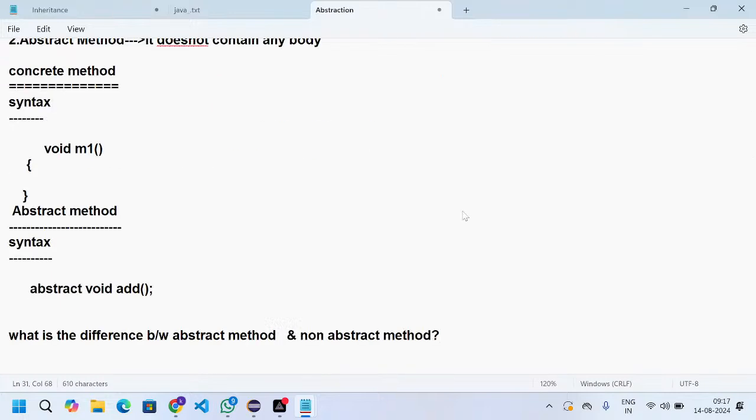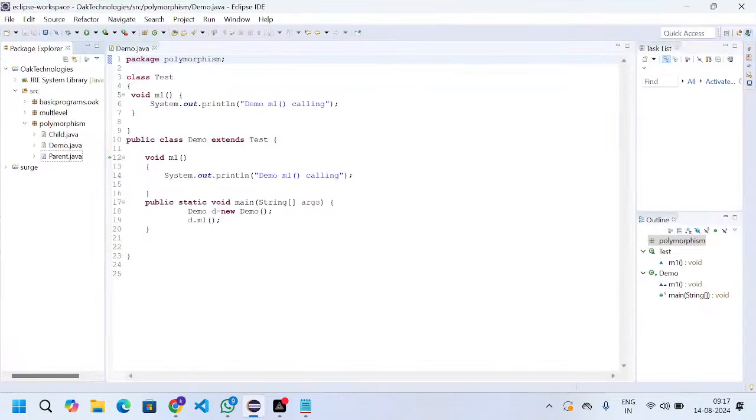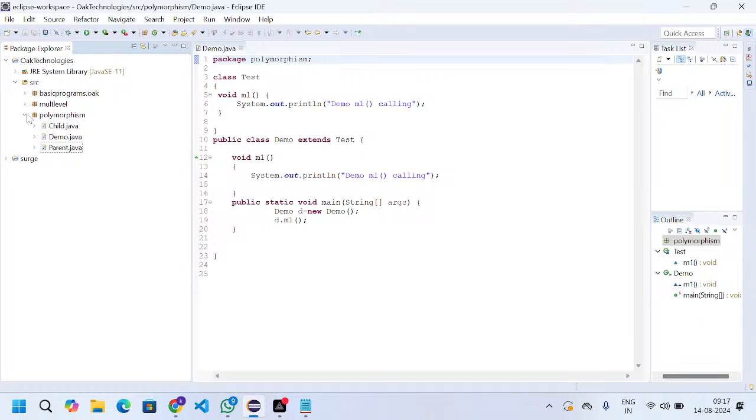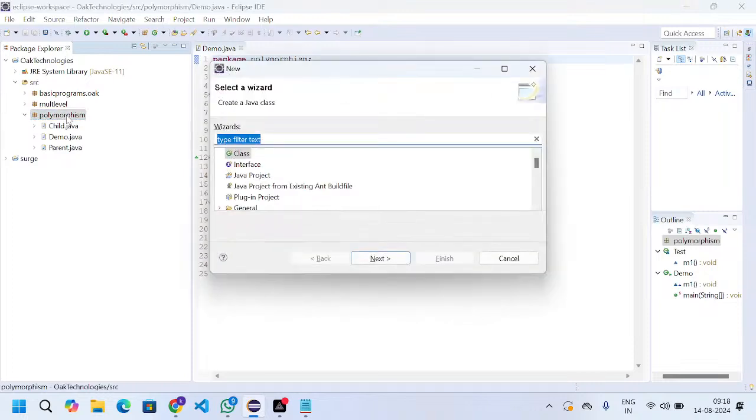I will write some program on this, then we'll get some clarity on it. So I will go to my IDE. Here I am taking two classes. One class I am taking as the parent, and another class I will take as the child. In the package, you can press Control N and you will get a pop-up box. Click on